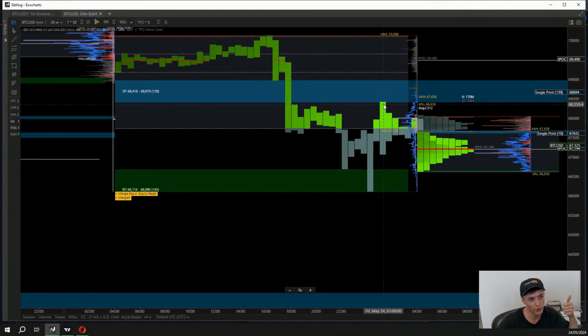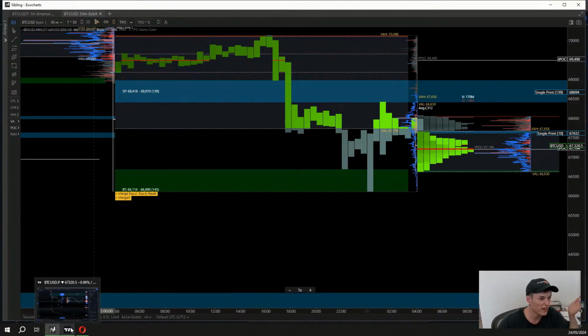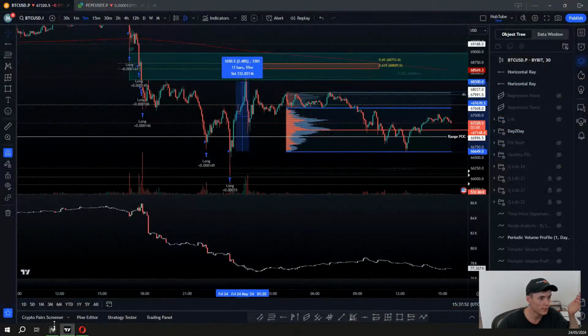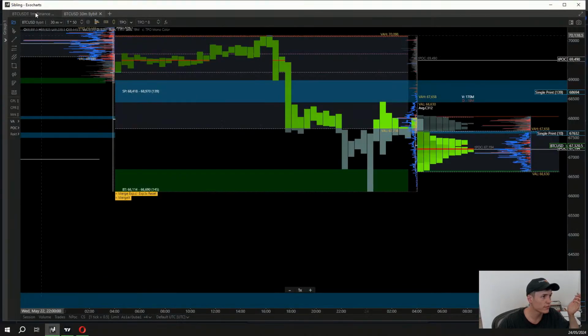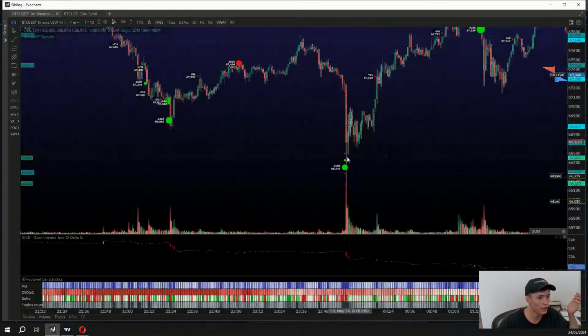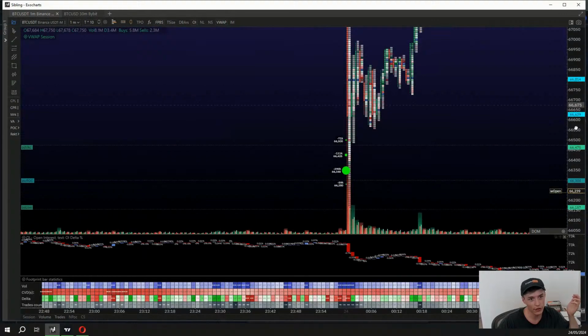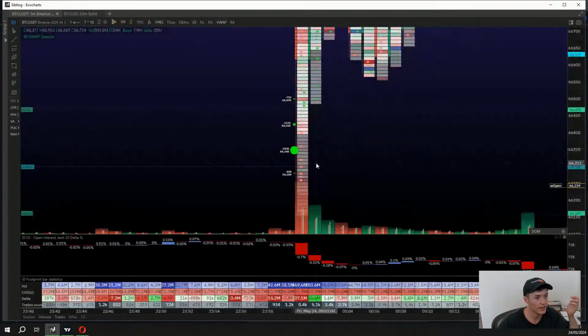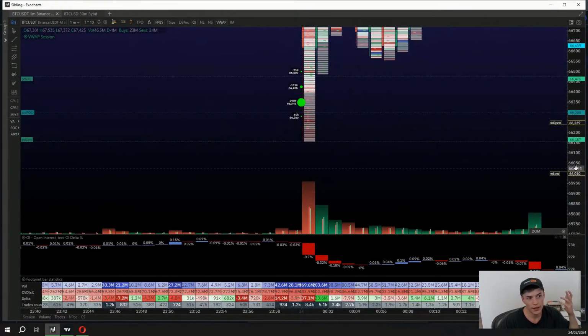Obviously, because this candle's come up a little bit higher, the single print did move up, but that single print is still relevant for us today. And I'll go through why now, because we've effectively talked through the price action of yesterday. Let me just go and look at the low, and we can talk about why you would have entered there. Of course, if you're in the group, you've got the indicator, but if you're just using